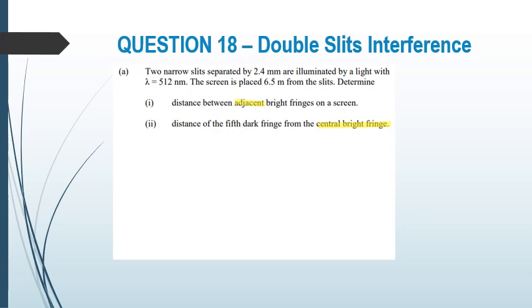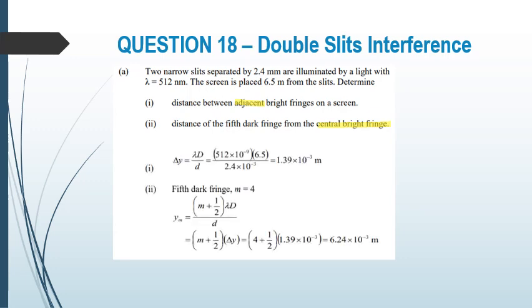We are not given the numbers of order, but what we do know is that you have two consecutive bright fringes. They are adjacent, they are continuous in terms of the numbers of order. So when you have two adjacent bright fringes, then straight away you can apply the equation delta y equals